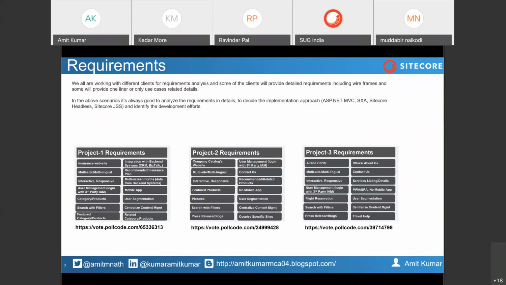So in those cases, we cannot go with Sitecore JSS, because Sitecore JSS will run on React or React Native, and if the client is looking for a particular mobile OS related solution, then Sitecore JSS cannot be utilized. In those scenarios, we have to utilize the ASP.NET MVC web application.